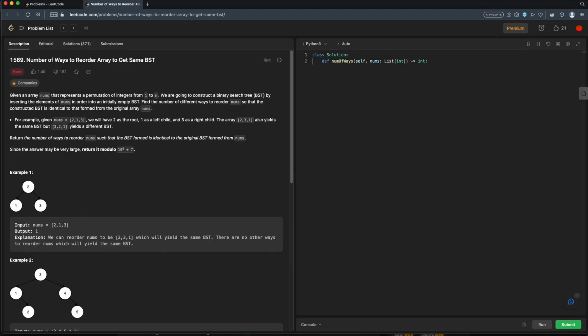Today we're doing LeetCode problem 1569, number of ways to reorder array to get same BST. This is a hard problem. Given an array nums that represents a permutation of integers from 1 to n, we're going to construct a binary search tree, BST, by inserting the elements of nums in order into an initially empty BST. Find the number of different ways to reorder nums so that the constructed BST is identical to that formed by